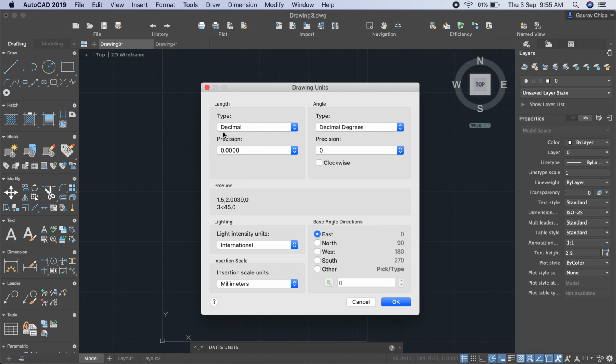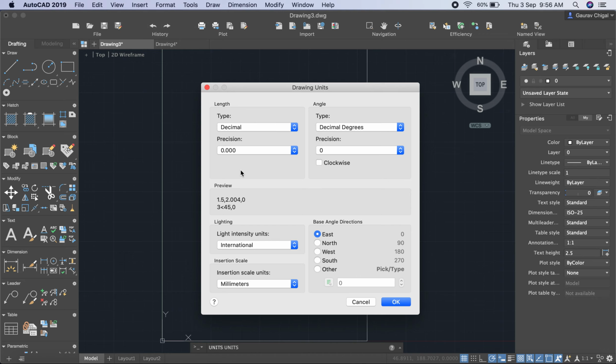Then come to the precision. Precision is basically the accuracy of the dimension. So I choose 3 places after the point. While selecting this, I am working at micron level of precision, because CNCs also work at this precision, meaning 1 by 1000 part of 1 mm, that is 1 micron, the thousandth part of a millimeter.